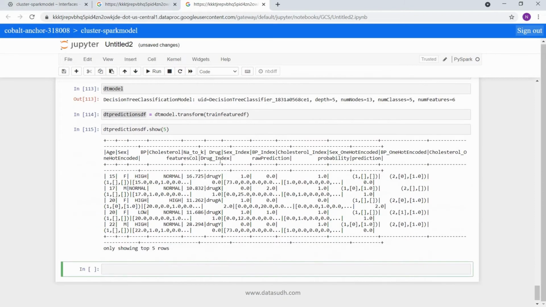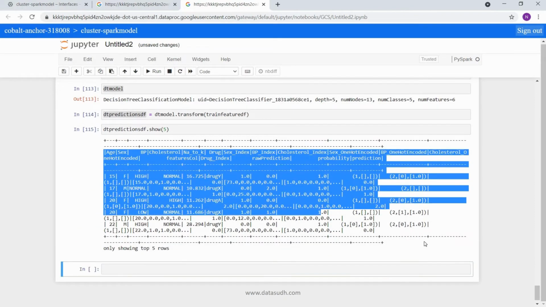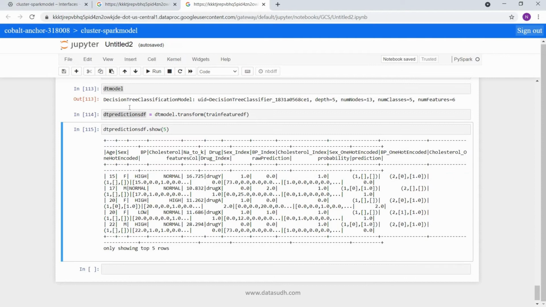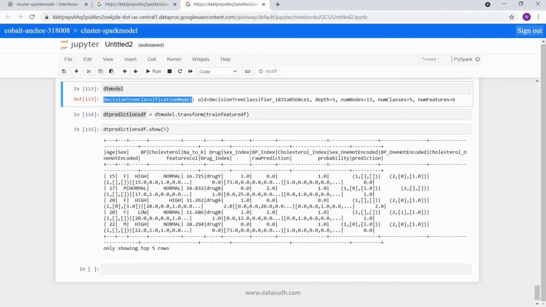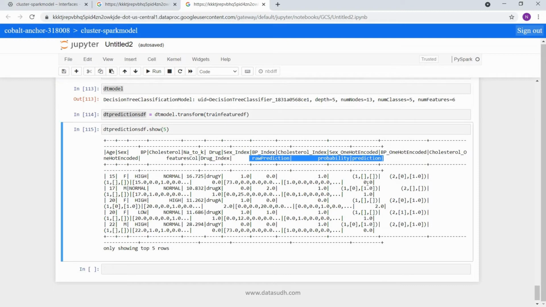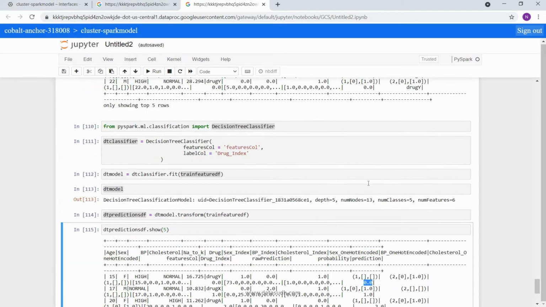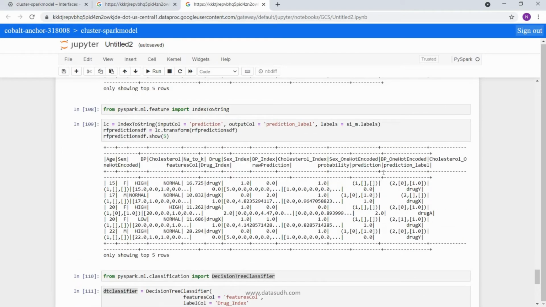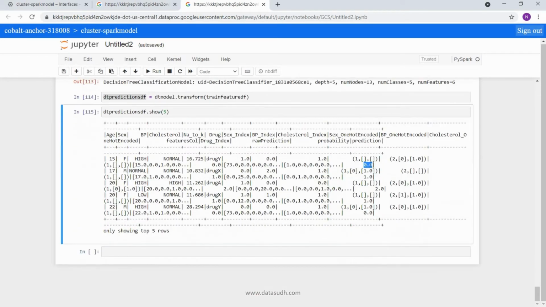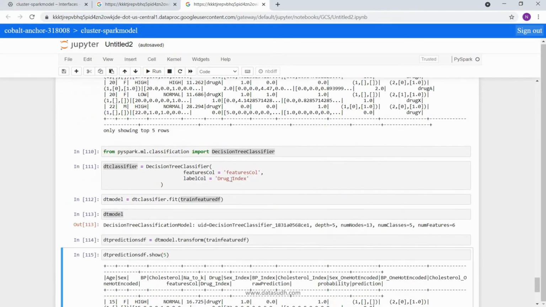Again we have predicted the outcomes and probability using the decision tree classification model. This time we have got the same three columns: raw prediction, probability and prediction. And similarly in this case as well, we can convert these indexes to labels for the prediction values. So I am going to do that.